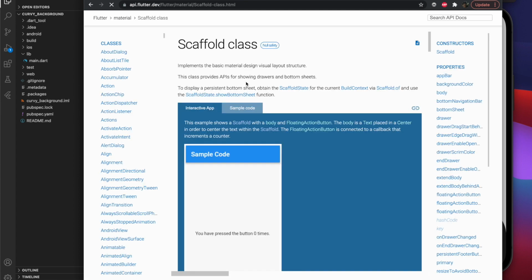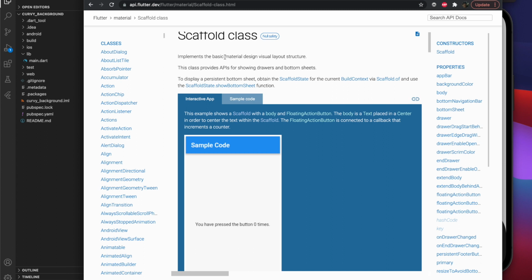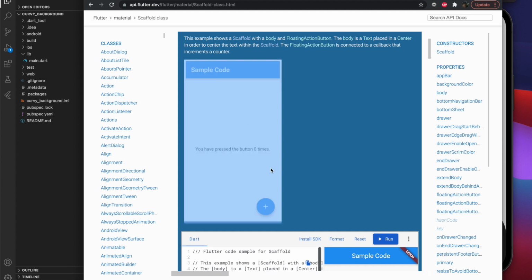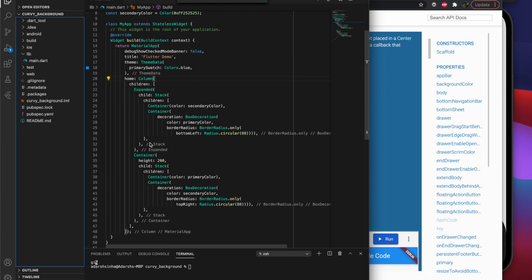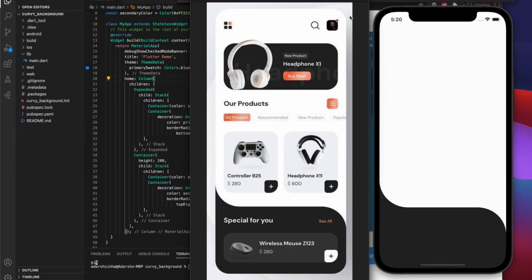And you'll learn from here that the Scaffold class basically helps implement the basic material design visual layout structure. And so this is what a basic scaffold looks like. It has an app bar, typical material blue with a shadow background, and a floating action button with a shadow background. So we're going to use the app bar to design the actual app bar itself,